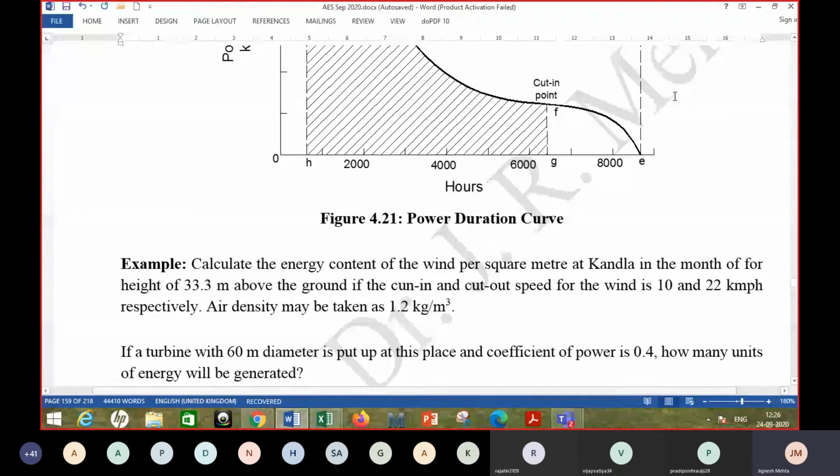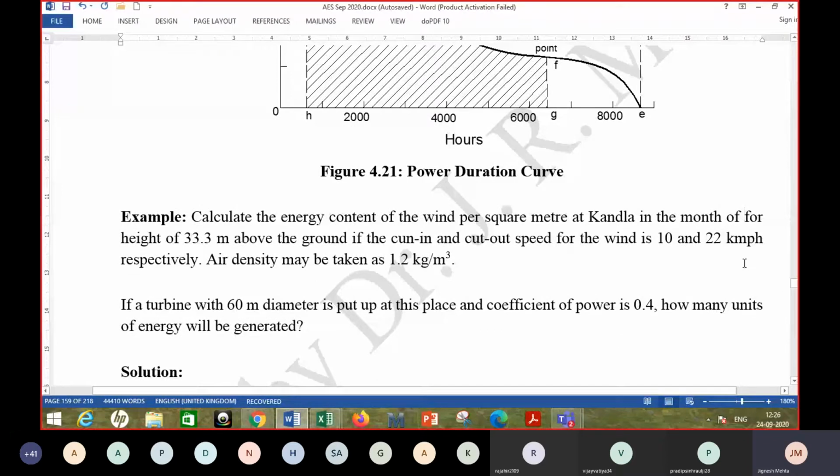I have provided you a table. Two images have been given to you, which give the wind data for the city or place of Kandla. So that is to be used here. So the example is: calculate the energy content of the wind per square meter at Kandla in the month of...